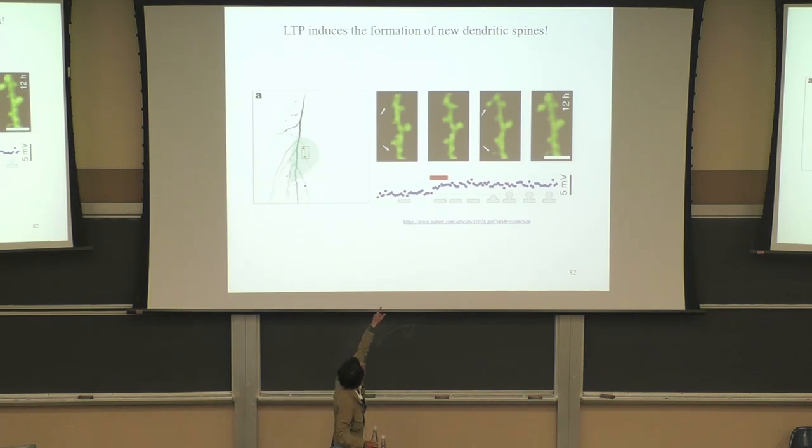So here you have the patch clamp recording showing that after you strengthen the synapse, you get this early phase LTP that doesn't require protein synthesis. And then in the late phase of LTP, you see in the gray, at the bottom, a little dendritic spine blossoming like a flower. So you get a new dendritic spine forming that maintains the LTP into the later phase.